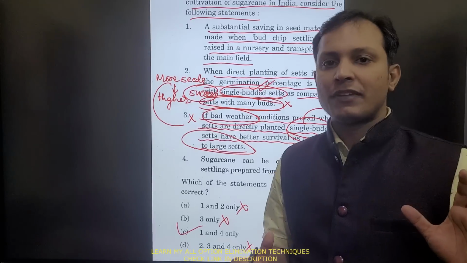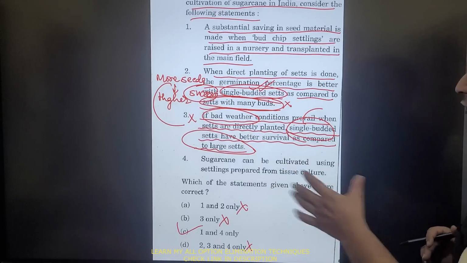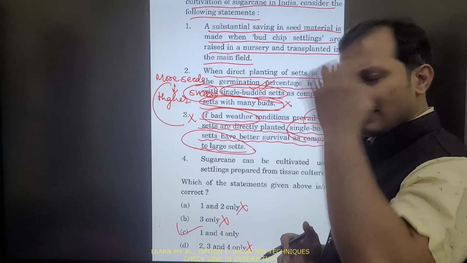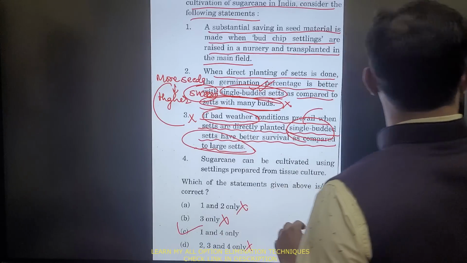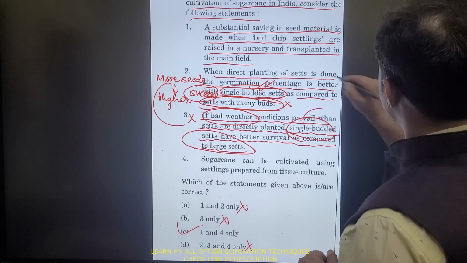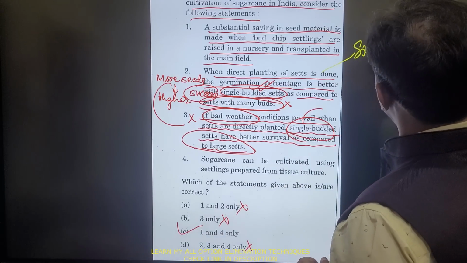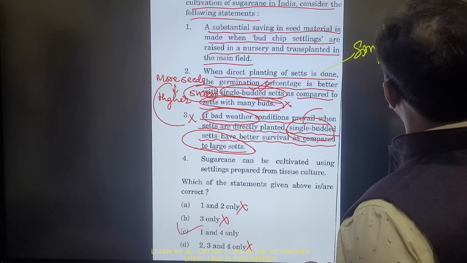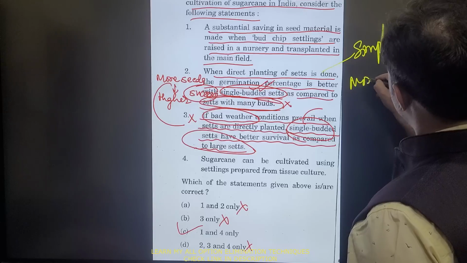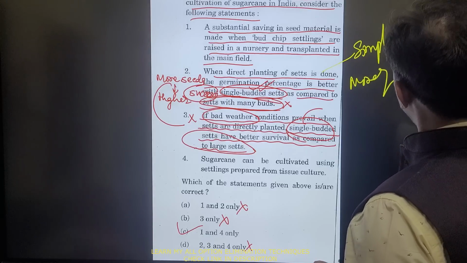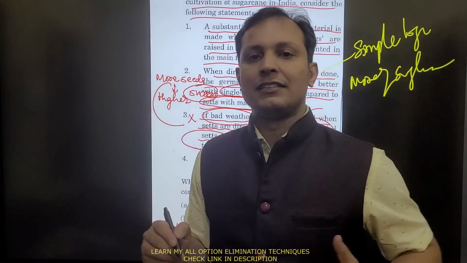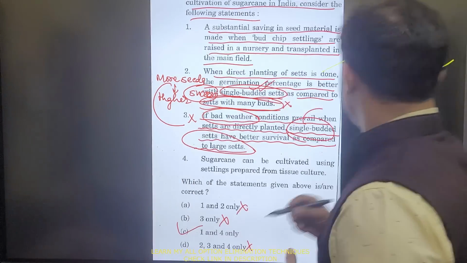You can see here. Let us go to the next question. I hope I am clear. This is simple logic. I am just applying simple logic here and I solved this question. And the logic is, always more is better than single, as far as planting trees and crops are concerned. Let us go to the next question.